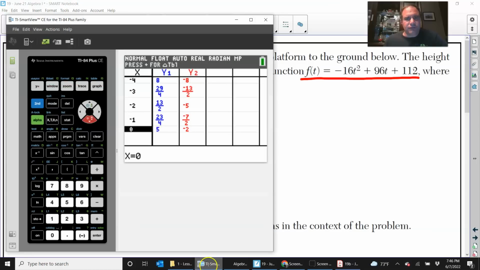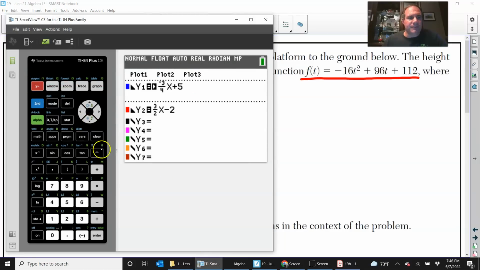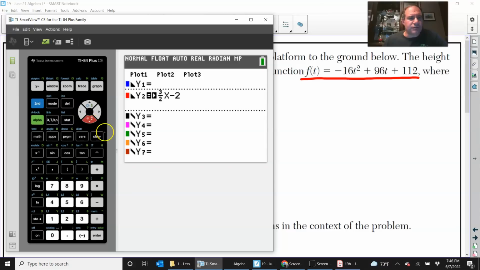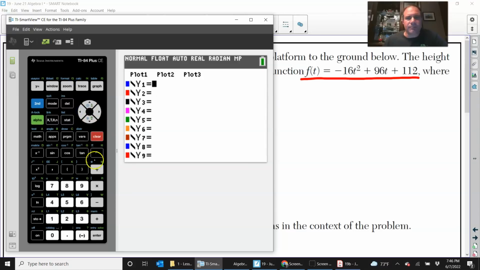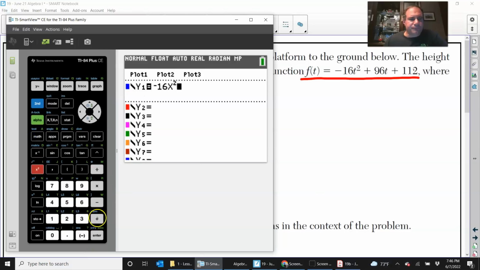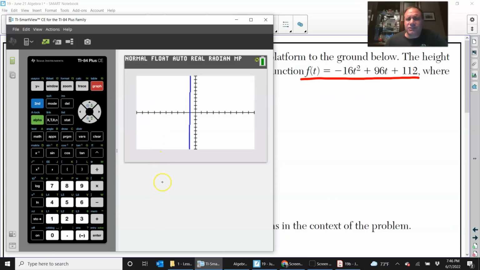So the first thing that you do is you grab your calculator, press Y, and clear out those inequalities. Press clear twice to clear out the inequality section part of it, and then you have -16x squared plus 96x plus 112. All right, I'm going to press graph, and just to get a visual out of this,